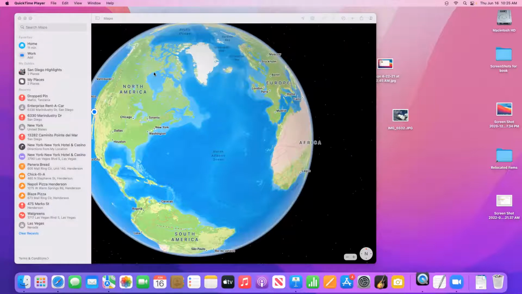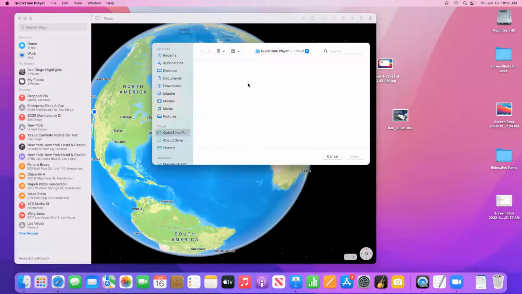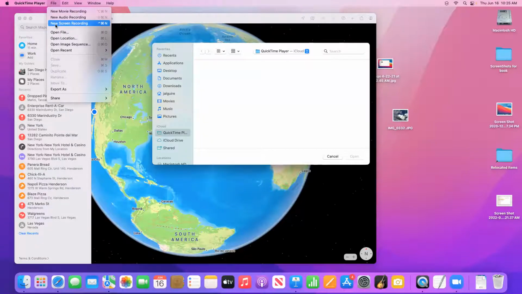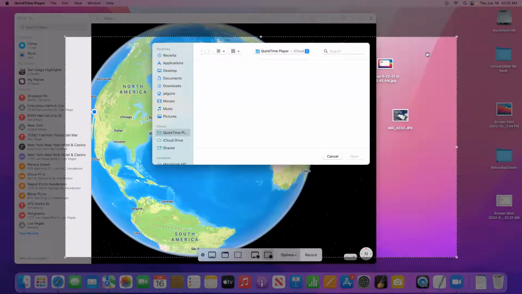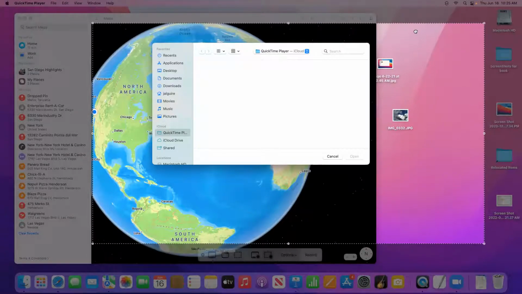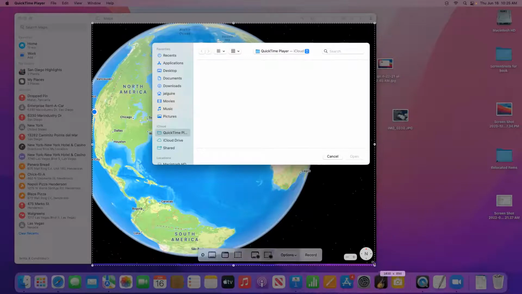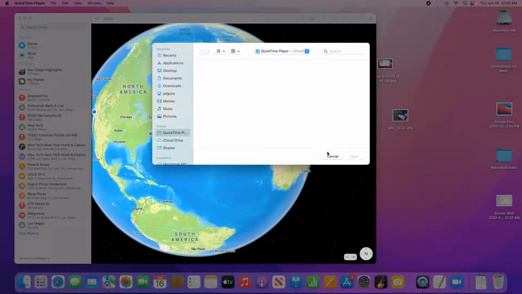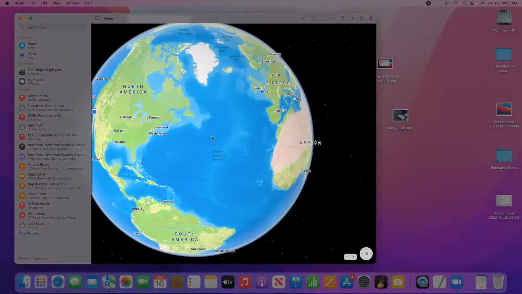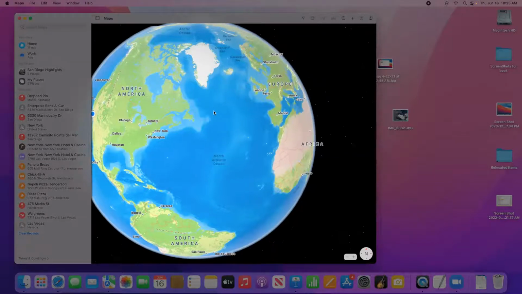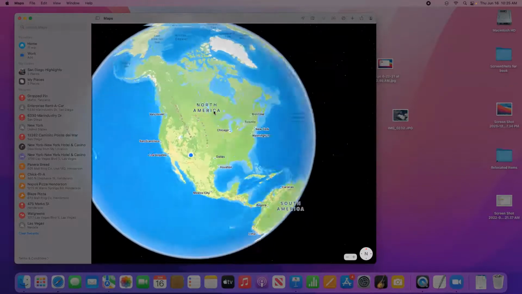So QuickTime Player, if you didn't know, this is something you had built into it. The QuickTime Player has a screen recording function. So I go to File, New Screen Recording. And I can actually select the portion of the screen that I want to record. So I can just come over here and record just where the globe is at. Like that. And I can just start recording. Cancel that. And so now again, while I'm recording, I can perform whatever the functions are, spin the globe,